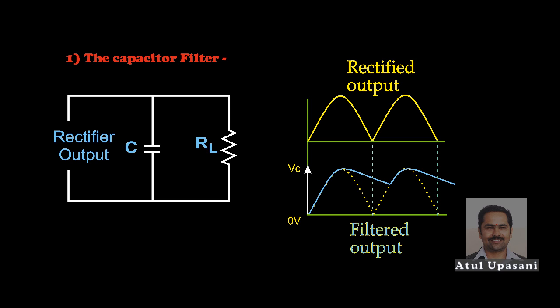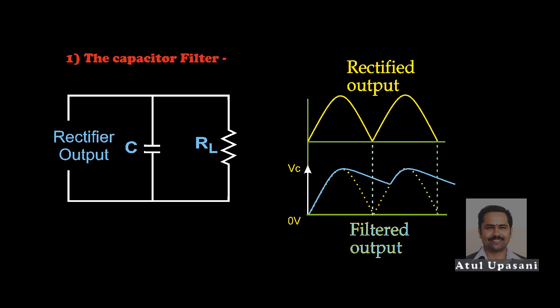The pulsating DC is applied across the capacitor. So the capacitor charges to the peak value of the pulsating DC. That means when the AC voltage magnitude starts increasing from 0, in the same way this voltage is applied to the capacitor and the capacitor also starts charging exponentially. After reaching the peak value of the sinusoidal voltage, the voltage will start decreasing towards 0. At that time, the capacitor also starts discharging.